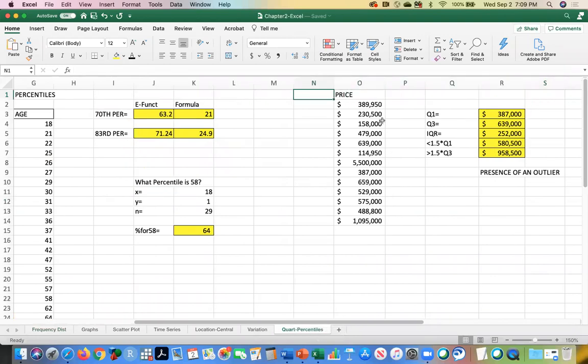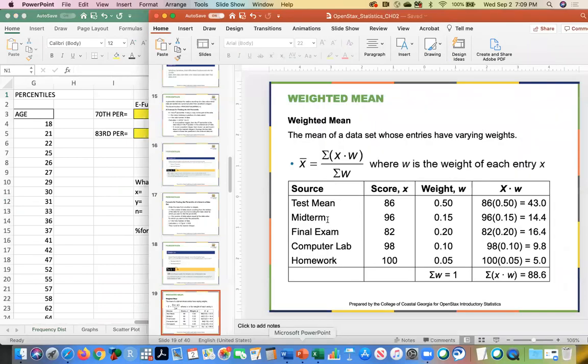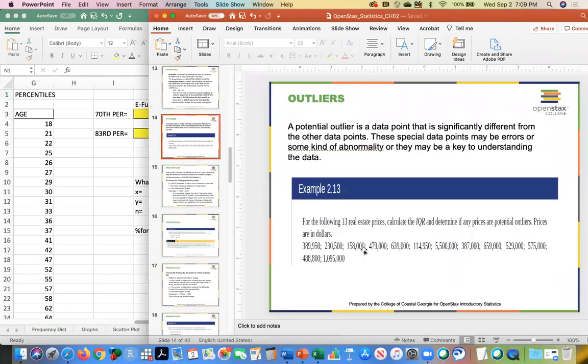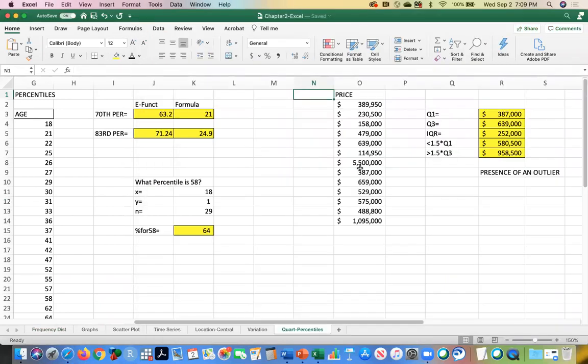Oh, so that was, hold on. So this was one of the examples, oh, this one. So this is the example that I did. I think I did it in here too. So we are looking at the presence of outliers. So in this case,